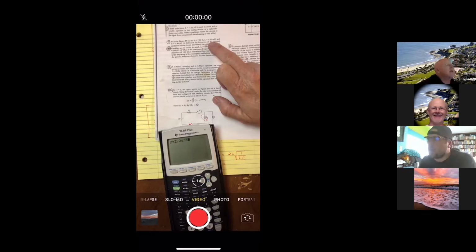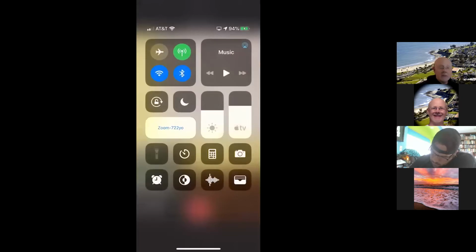Oh, and it looks like my phone disconnected for some reason. Let me go back to my phone camera here, and while that's reconnecting,